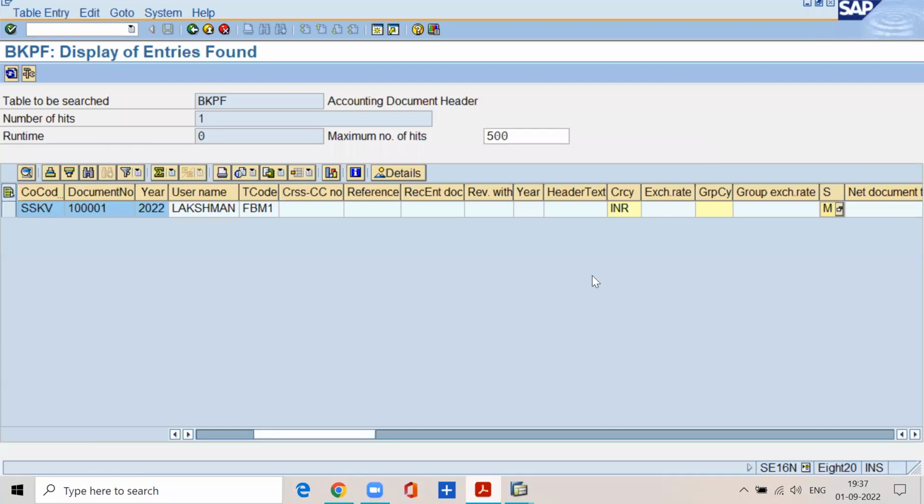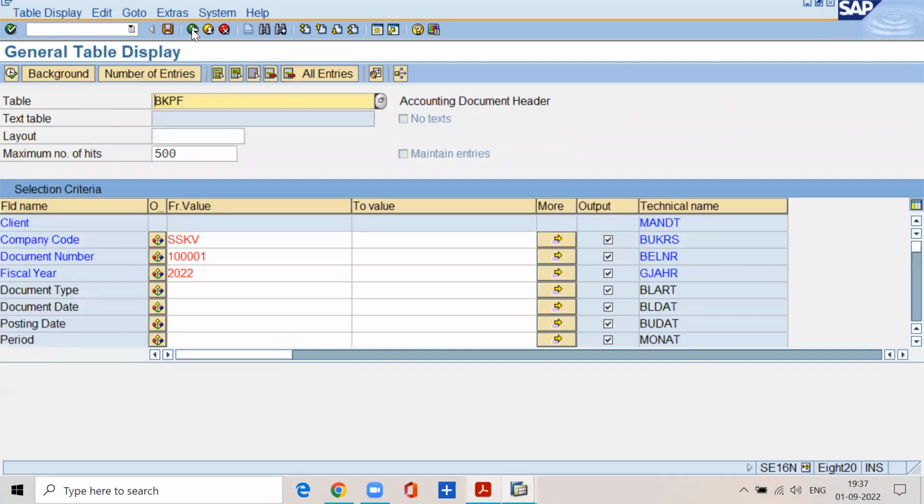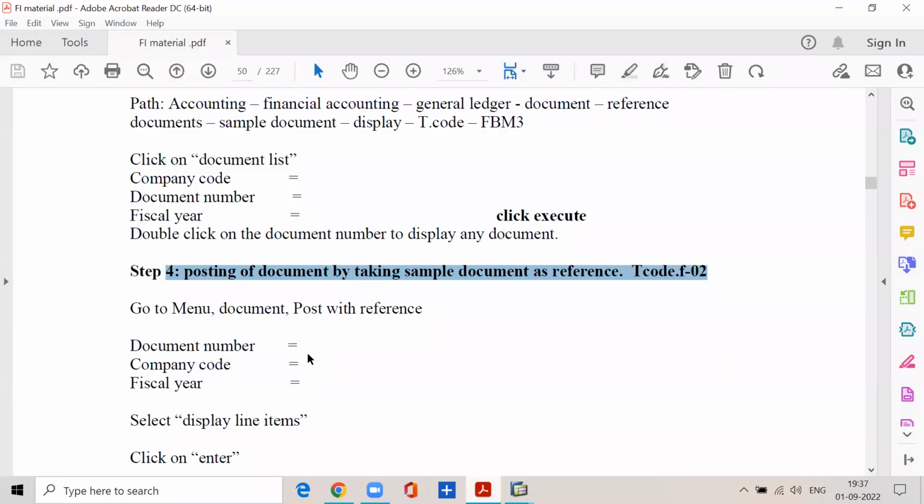Say for example, just now some guests came. So we brought some cool drinks, snacks, etc., and the amount is 500 rupees. Now we can use this sample document as a reference to post the actual business transaction of 500 rupees. So how to use the sample document as a reference? Transaction code F-